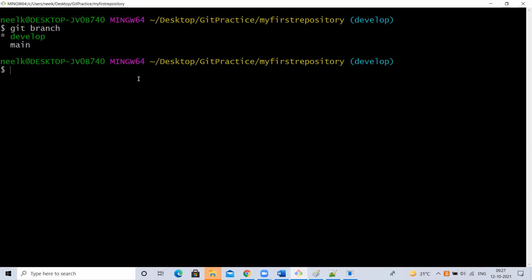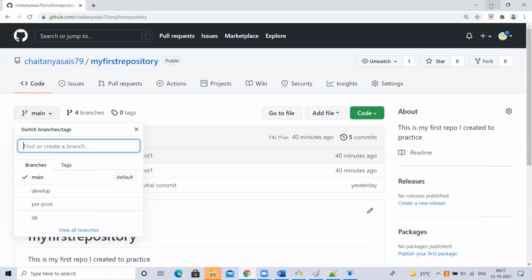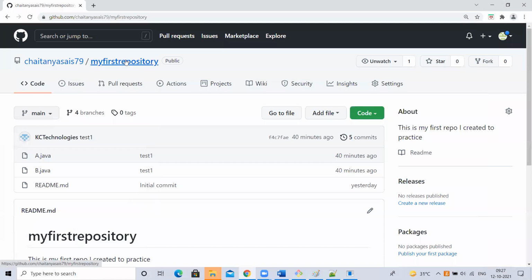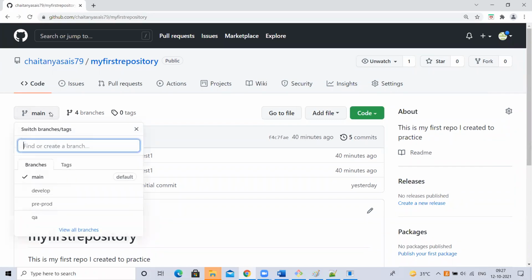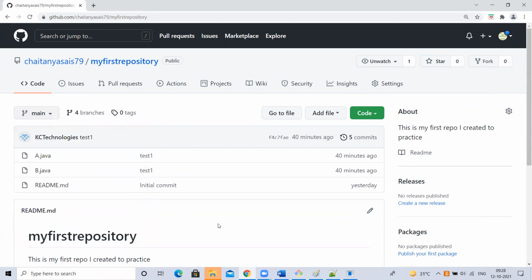Understood. But there is a small thing we have to think about here. I am aware that by default all the developers should be connected to development. So I cloned the repository, and by default it was connected to main. So I used git checkout develop to switch to development and then make the changes.